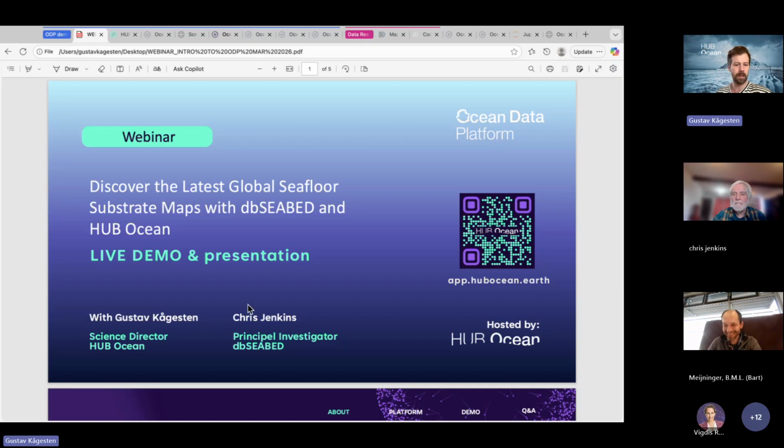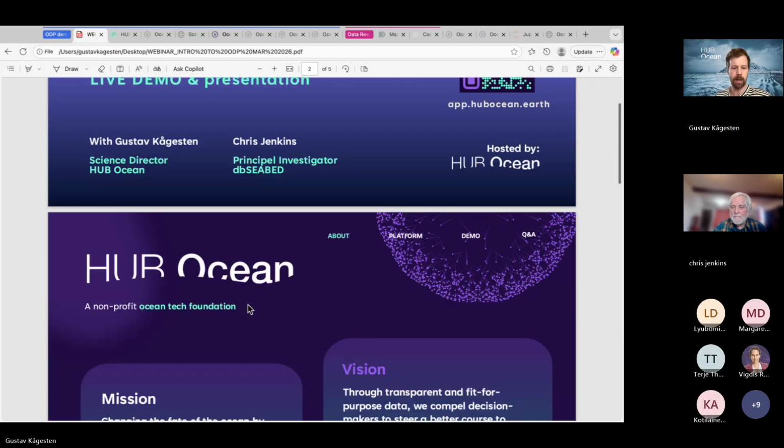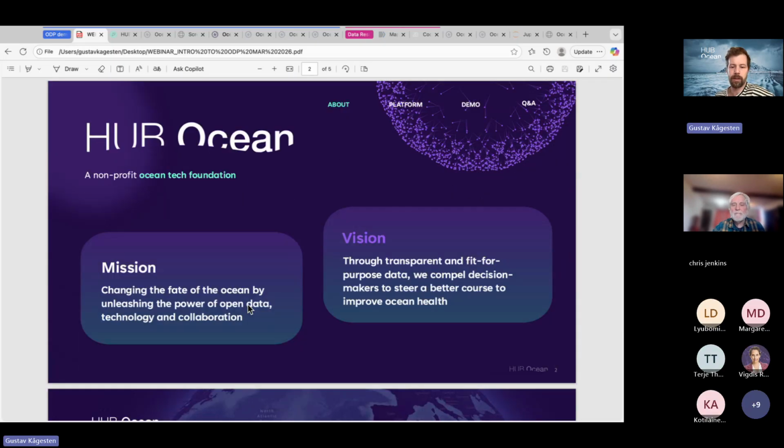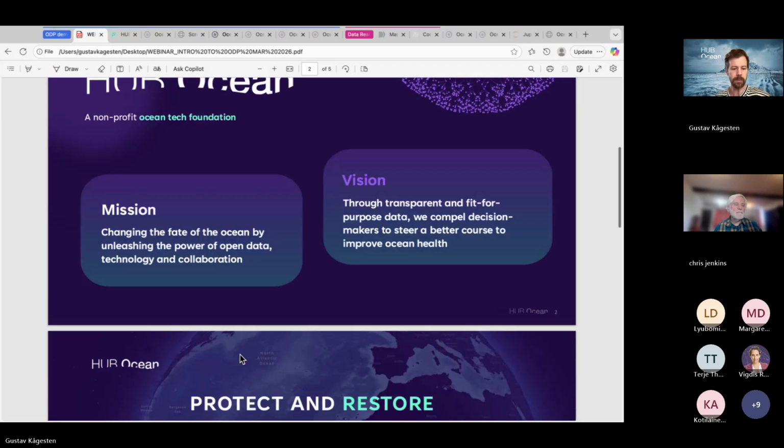We are a non-profit foundation working on making ocean data more available in the world, and we believe strongly that it's important for a host of things, from conservation to sustainably managed seas. It all starts with knowledge, and we try to make it more accessible to all.